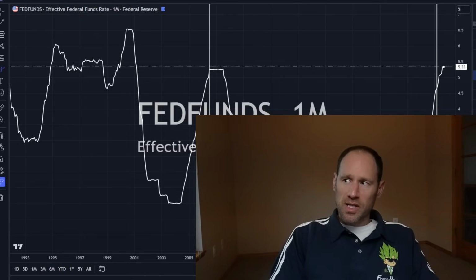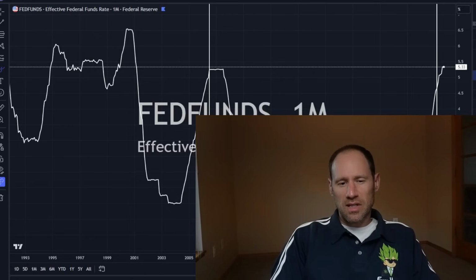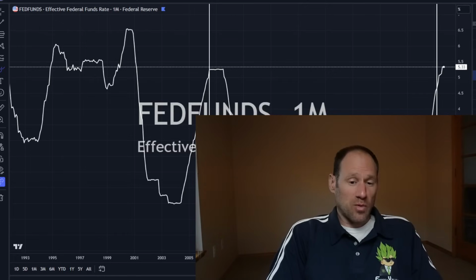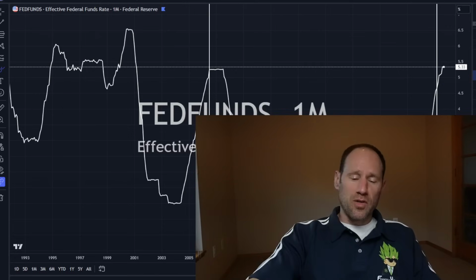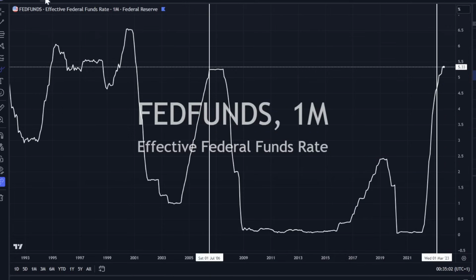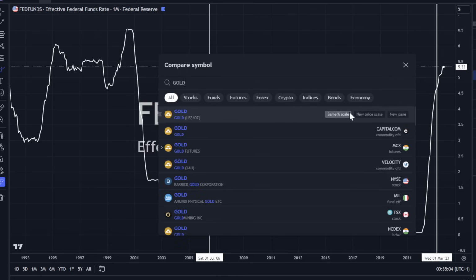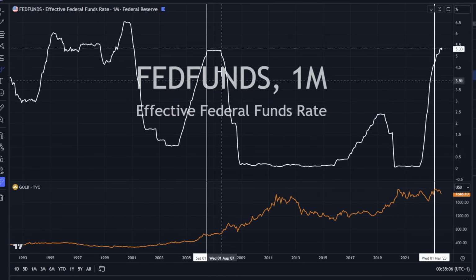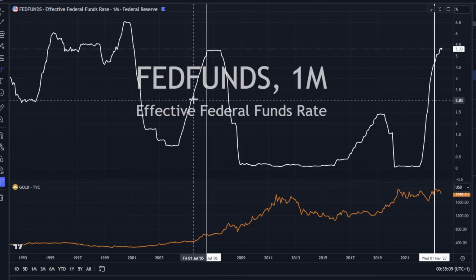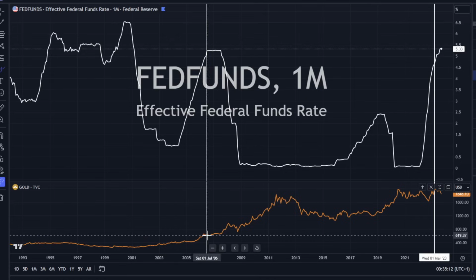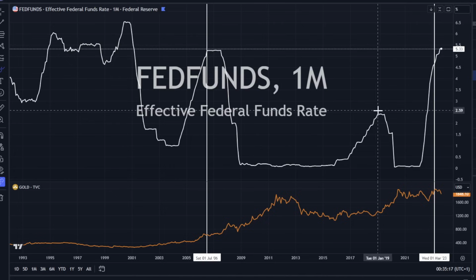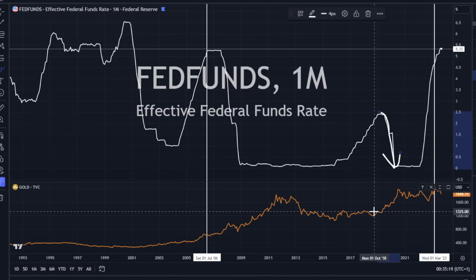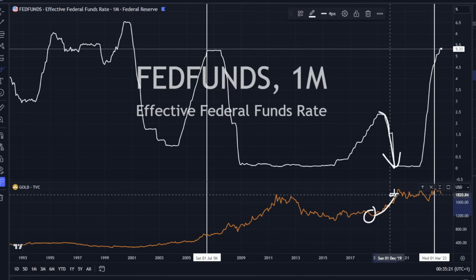And what I'm using for the movements is the Fed funds rate and the 2-year yield and 10-year yield. That's what I use. Some people use other ones in different durations and stuff. You can also look, I can put gold underneath this. So this is the price of gold. You can see when they started raising rates here, gold went up during that time frame because gold was already moving. But we can look at some of these: when interest rates go down, gold basically sniffs that out beforehand and starts to move higher.